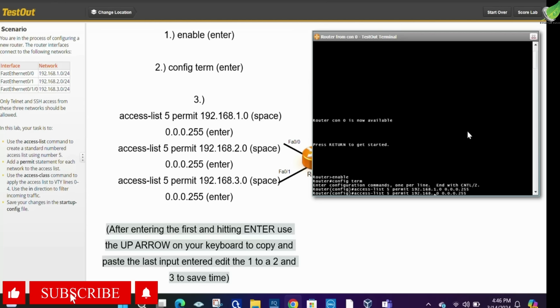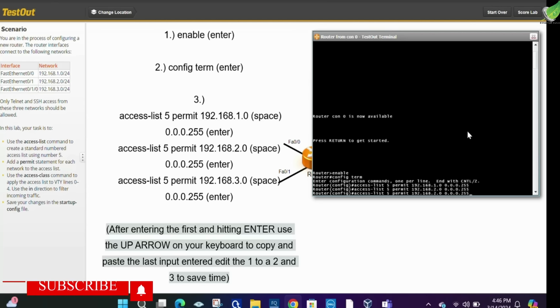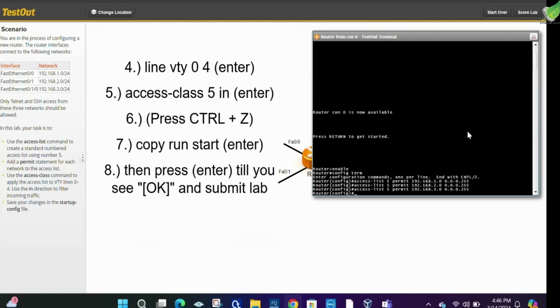So we just copy and paste here. There's an error here, so this is supposed to be 2. All right, so we copy and paste also, and then we are going to change this to 3. Change this to 3. All right, so we just copy and paste instead of typing out everything one by one. So we press enter when you're done,